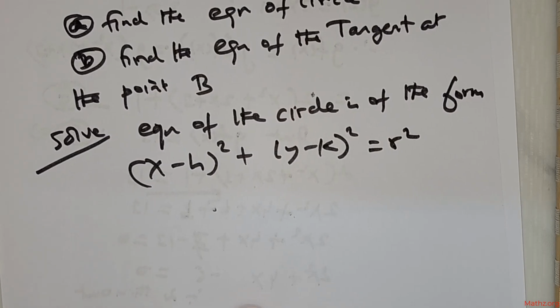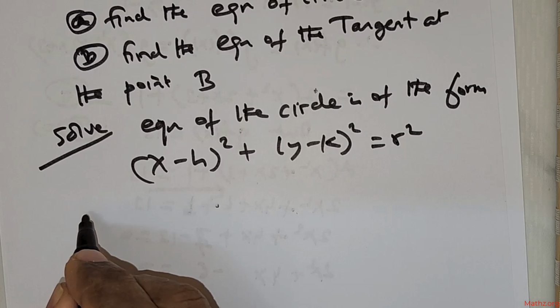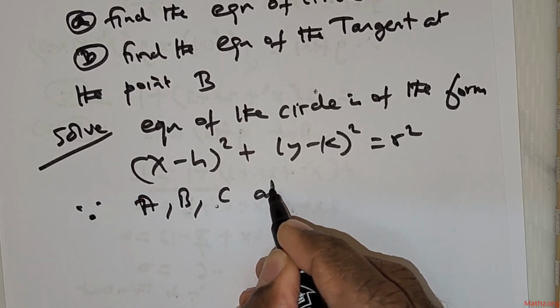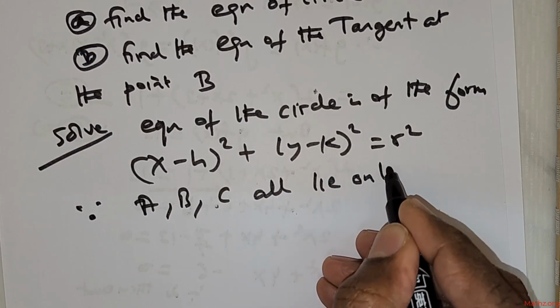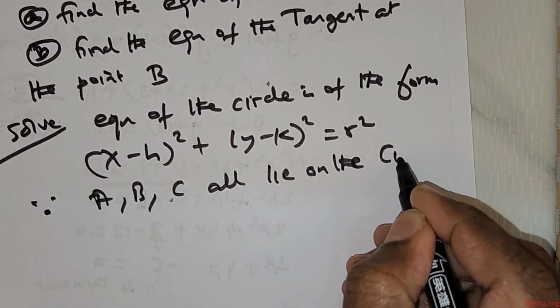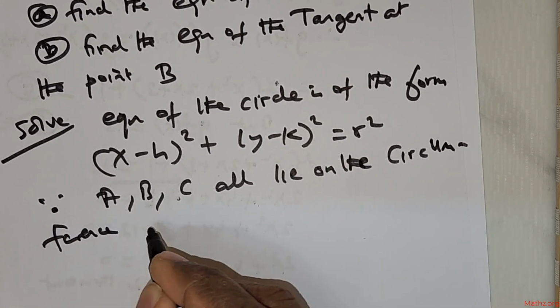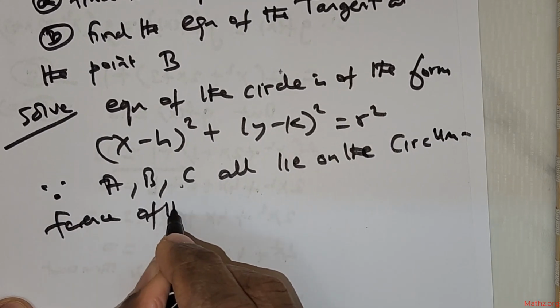This is the equation of the circle. Now, since A, B, C all lie on the circumference of the circle,